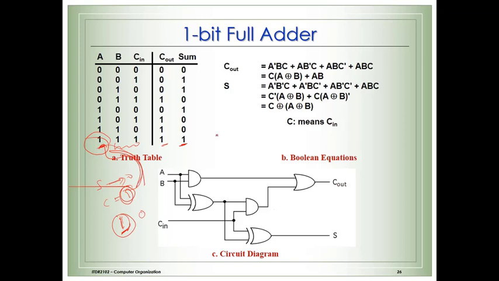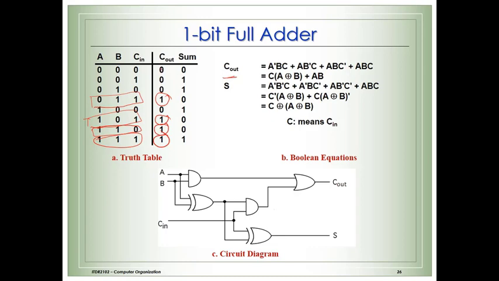So now we need to write the equation for this one. Again, the same rule that I told you earlier. Wherever you find 1, you will go and take these ones, correct? And then for all these inputs perform AND operations so that they produce 1. So here for this one, for this one, for this one and for this one.